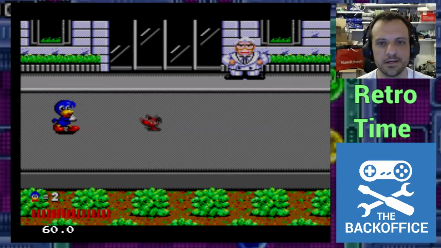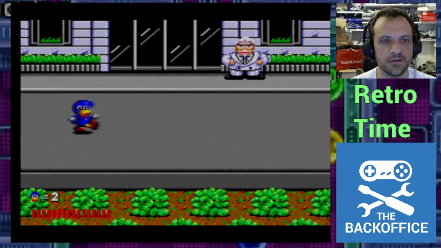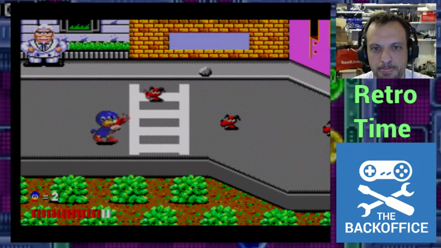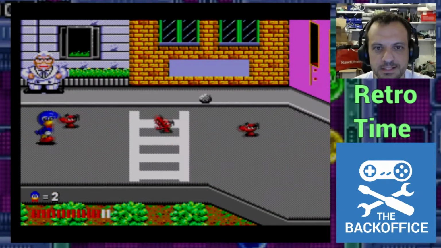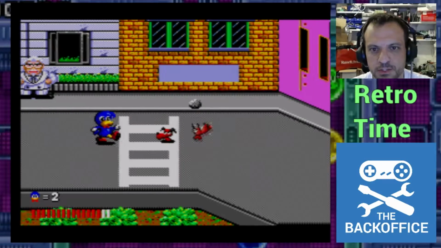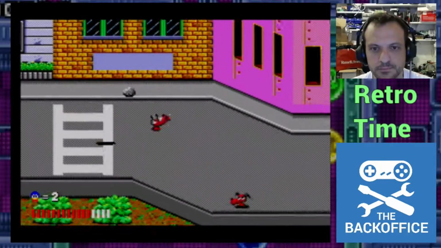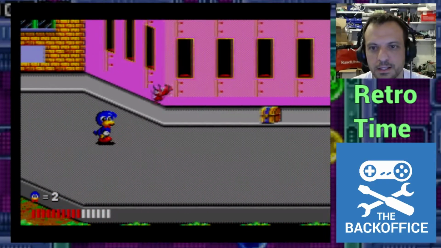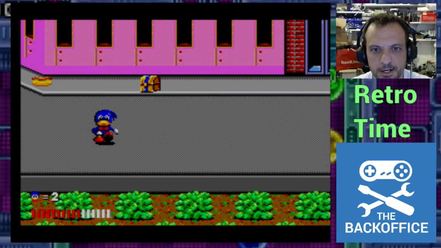Not too keen on that FPS indicator in the corner. Let's see if we can get rid of that. Yeah, show FPS. We don't need that. It's a new emulator I'm trying called Fusion. It's pretty good, Fusion. Apart from the fact it doesn't seem to let me configure my joypads. But that's okay, because Sega Master System didn't have too many keys. Dynamite Dux, by the way,